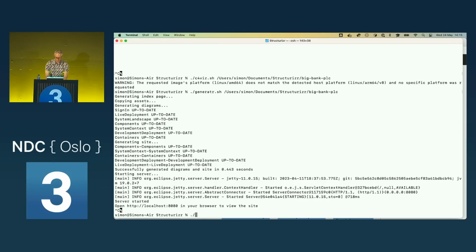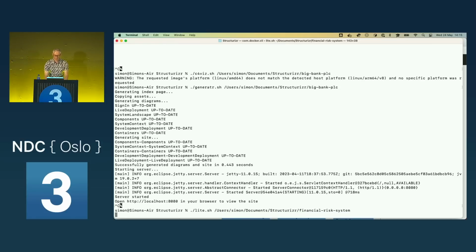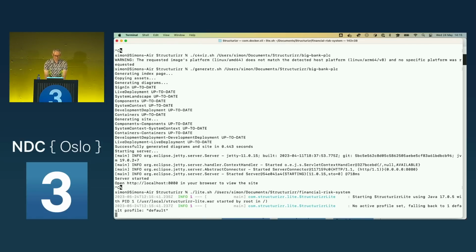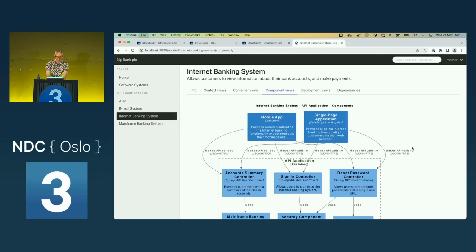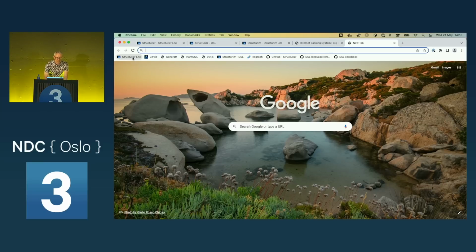I'm going to boot up Structurizr Lite again against yet another example. Something you can do here is embed Markdown and AsciiDoc documentation as a part of this whole thing, so you have all of your documentation and your diagrams in one place. Commit that whole folder to source code control along with your source code, and all your artifacts are sitting in one place. So if I go back to here and go to Structurizr Lite,